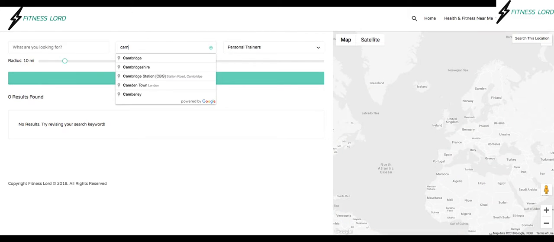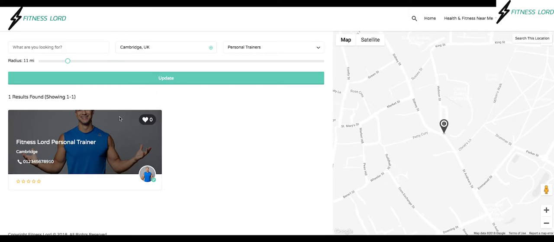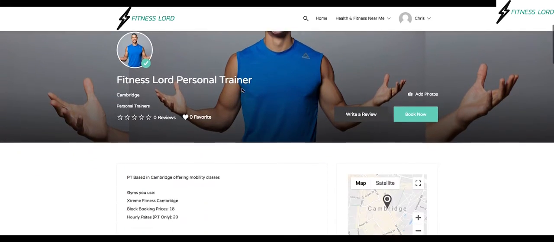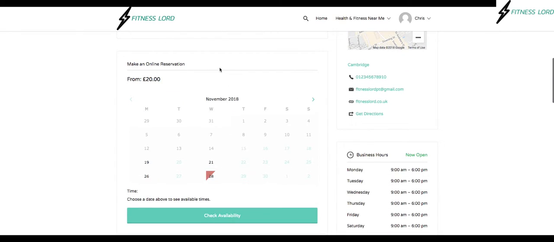So I think we were, let's do Cambridge. We've got 11 miles for now. Let's have a look, see what comes up. Yeah, so here we are. And here's a picture of the guy we chose. A little information, the information that you inputted on your listing. And here